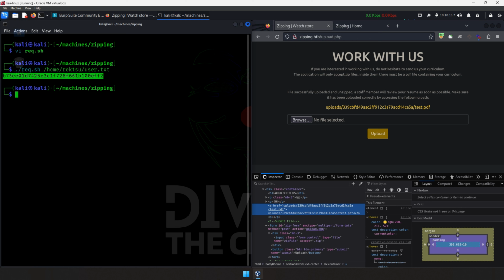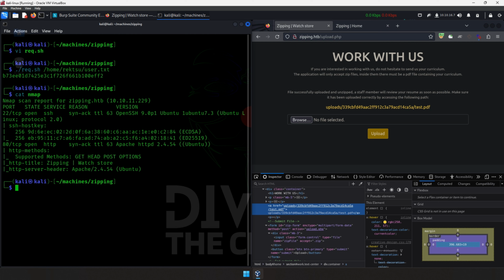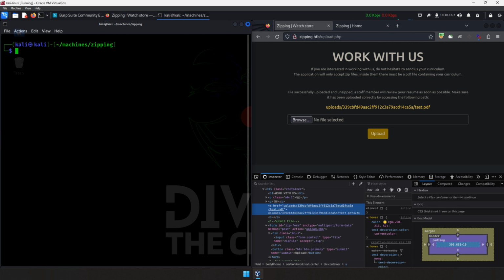So we got the user flag of the first, and now let's check if we can fetch any other file, if there is any default file settings or something we can look into. Let's check back on the nmap results, and we can see that it's running on Apache server. Let's try and fetch any default setting file from where we can read the stuff. Let's provide the file name. I think it's in